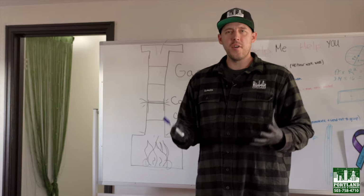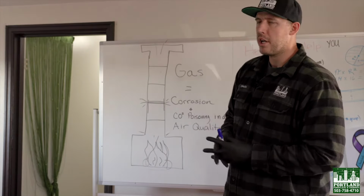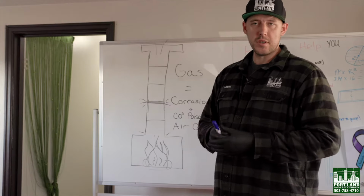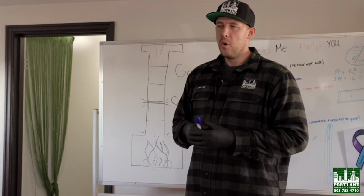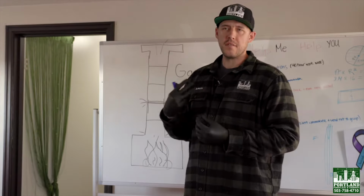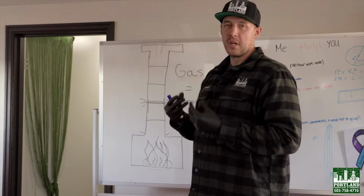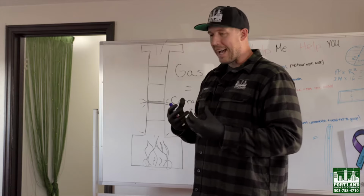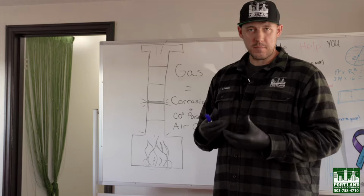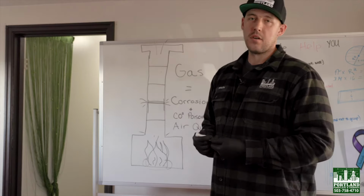And so now we have your gas burning systems. When you burn natural gas or liquid propane, the byproduct is not going to be creosote, which is the deposit from wood. What you're going to have is a little bit of carbon soot, but you're also going to have a lot of CO2 and very moisture-rich vapors and carbon monoxide. These gases are volatile and actually corrosive to the chimney,